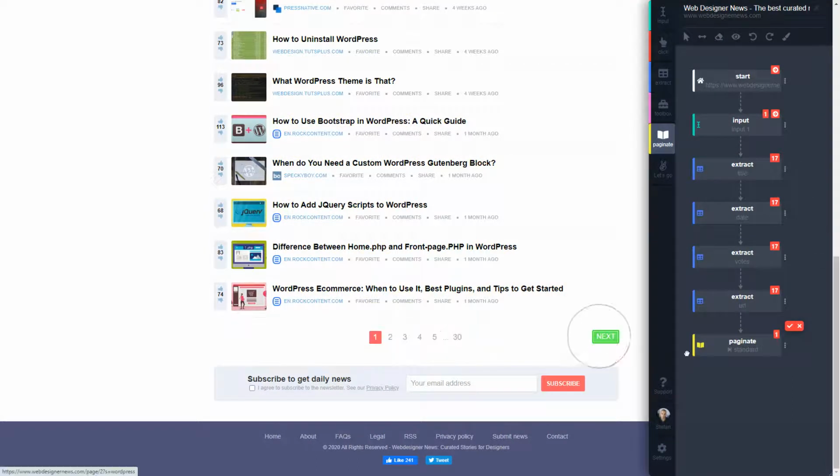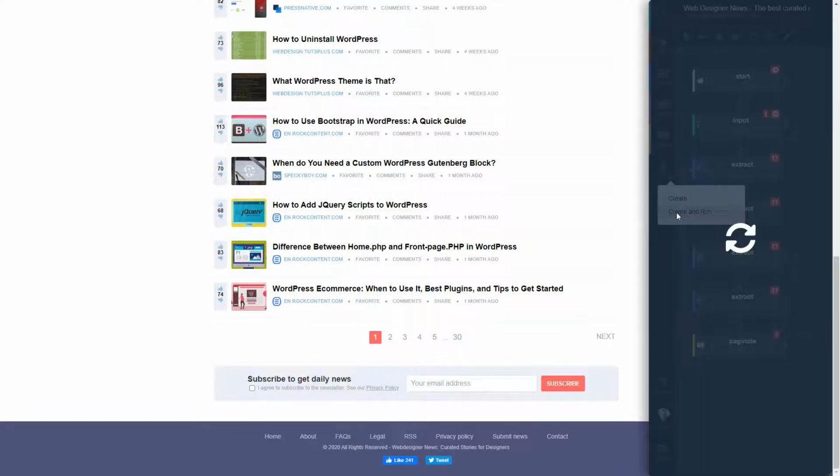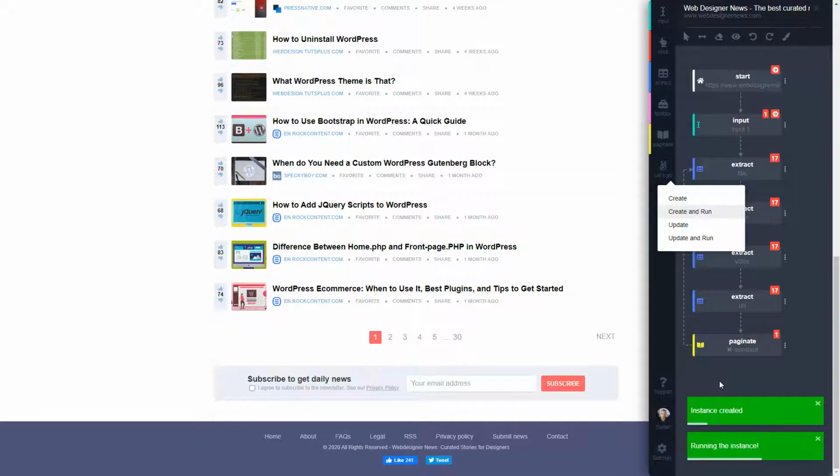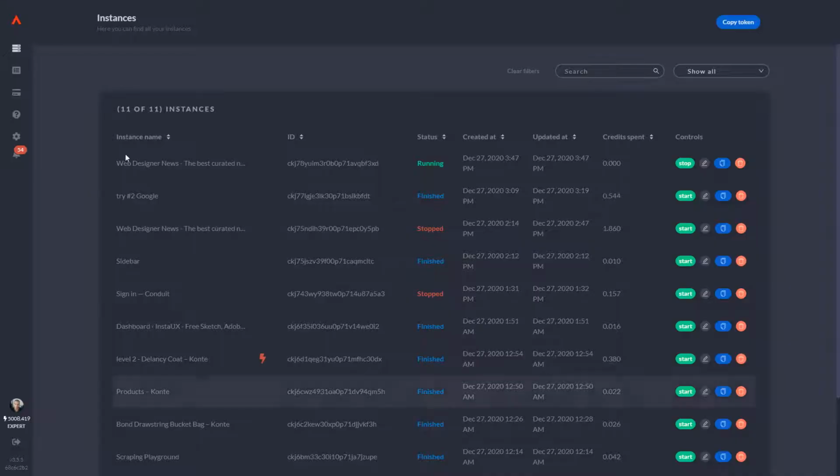So I'm going to say, okay, click on the next page. I'm going to create this pagination loop over here by drag and dropping, and say, hey, go on 3 pages out there and collect the data from it. So yeah, basically that's it for the standard input action. Let me create and run this instance